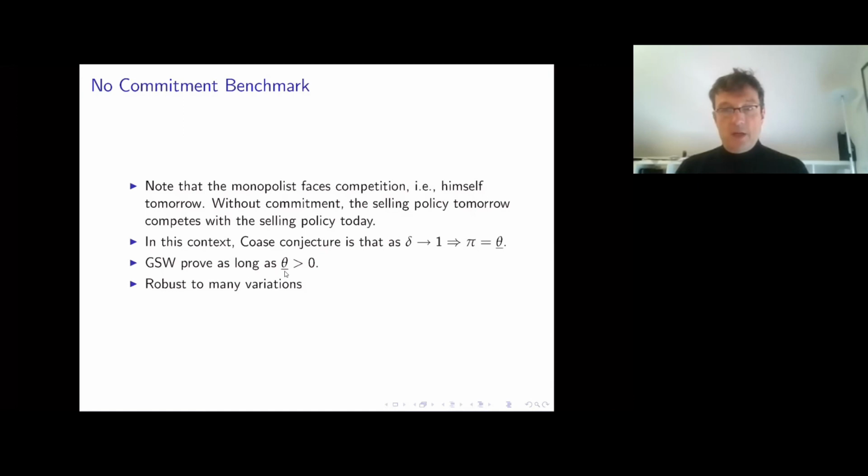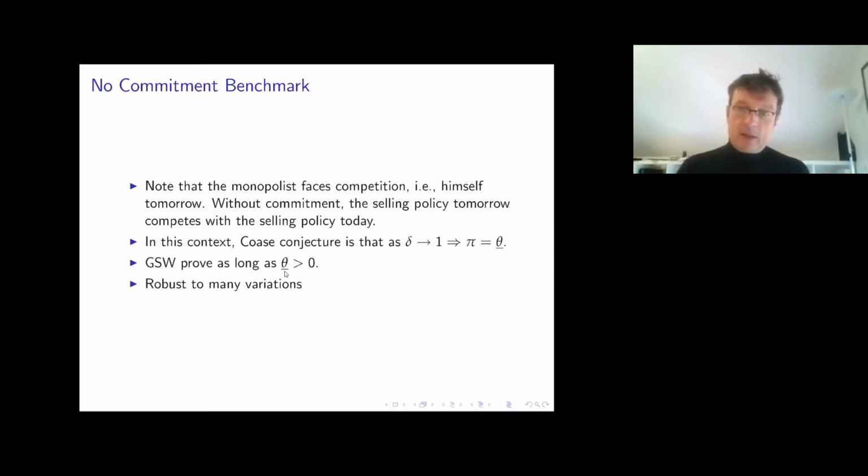where the private information doesn't change over time, where we just need to allocate the object once, even in that simple setting, if we allow the seller to enter the mechanism without the ability to commit, his ability to extract revenue is minimal. And it is minimal because the same seller tomorrow is offering very effective competition for the same seller today. Okay, so